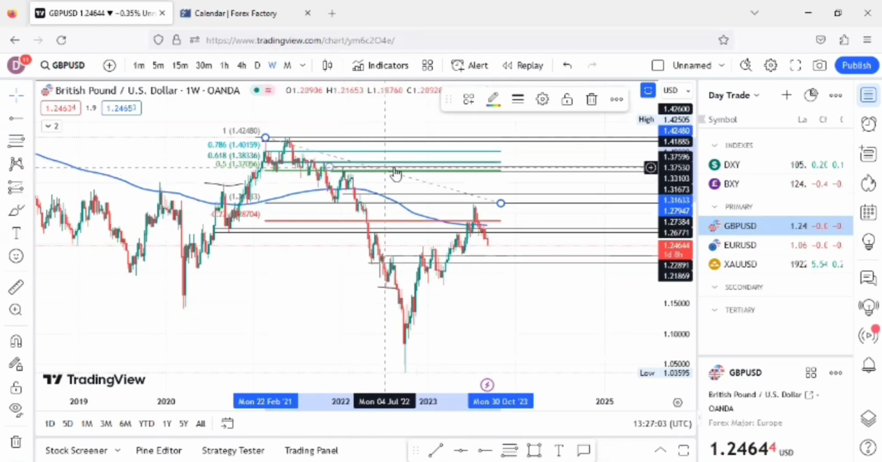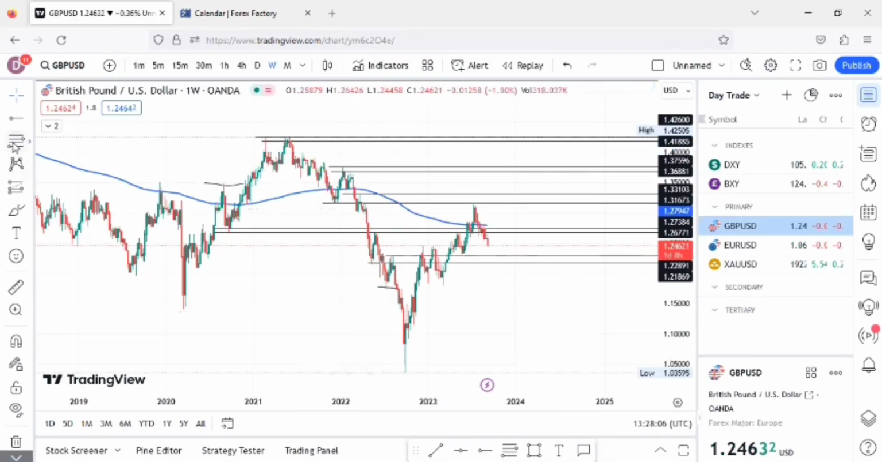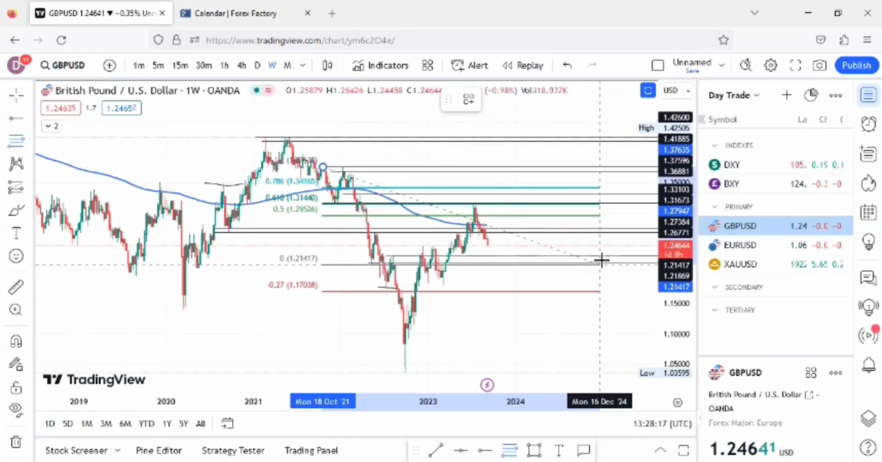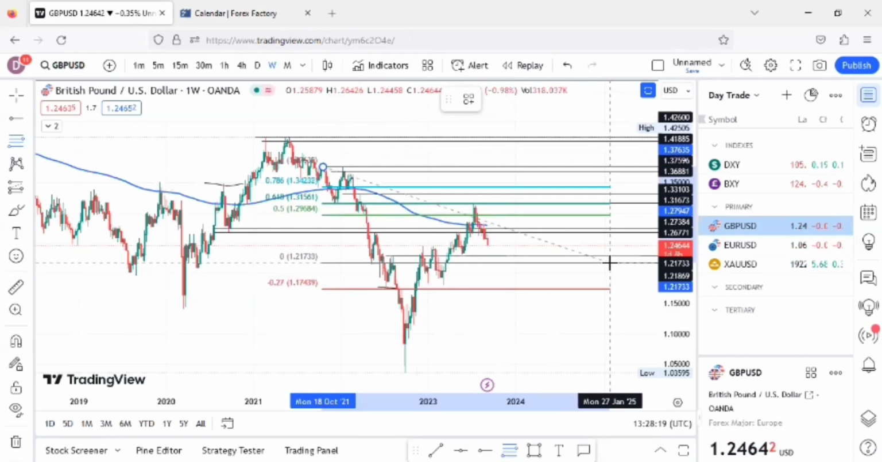We'll actually draw this level. This is 50%, this is 61.8, but you can see they are close. So you can still consider this level, and that is why the price actually moved down from here. Now, I also want to test this level after this pullback. I want to know where this price will actually pull back to, for me to be sure